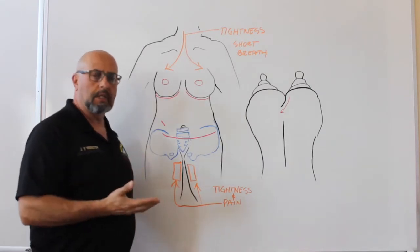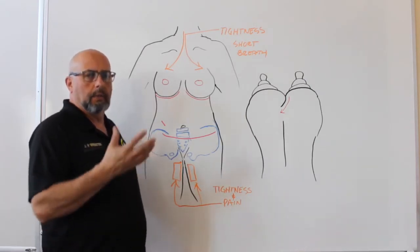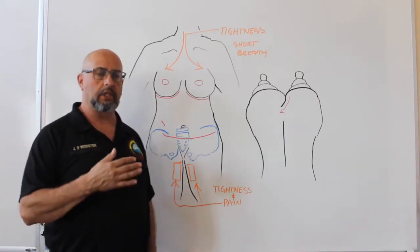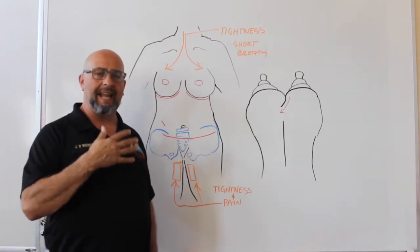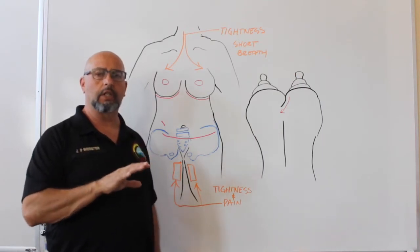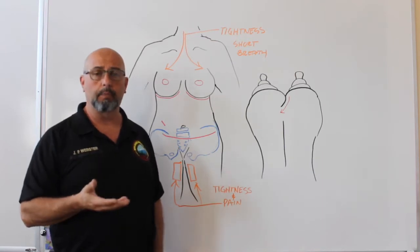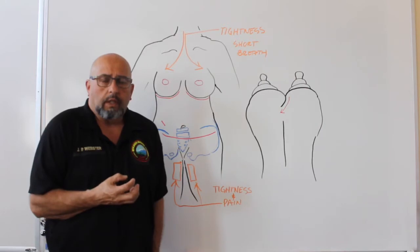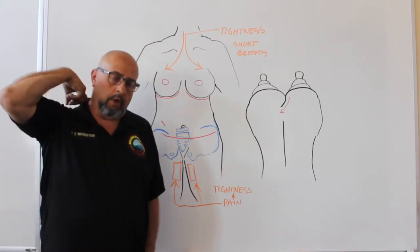I did a full body massage and sent her home. She was loosened up a little bit. She came back. She was tight again. Over time, what we discovered was that she had recently changed jobs. After having an active job for a number of years, she was in a position where she had to sit a lot. So there was a lot of inactivity and a lot of computer time. She's also a person who holds a lot of her stress, and that was starting to show itself up here